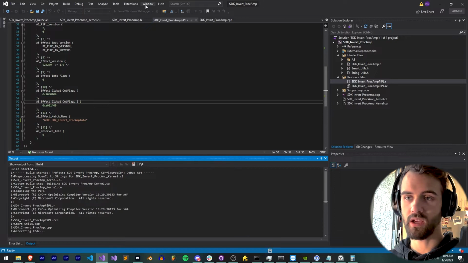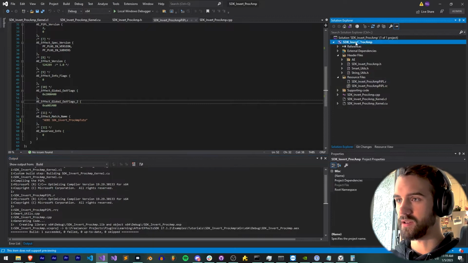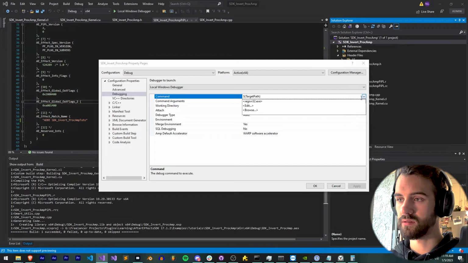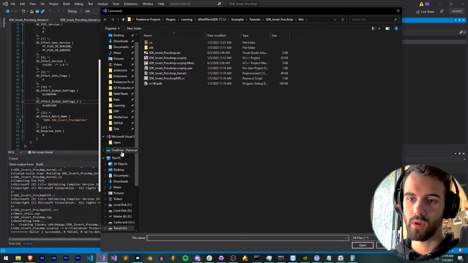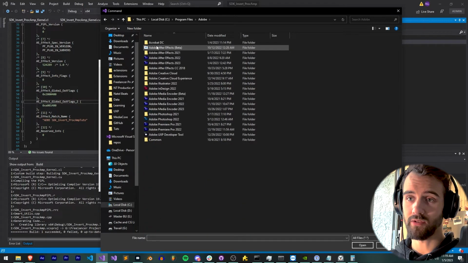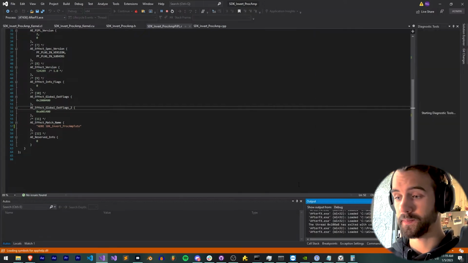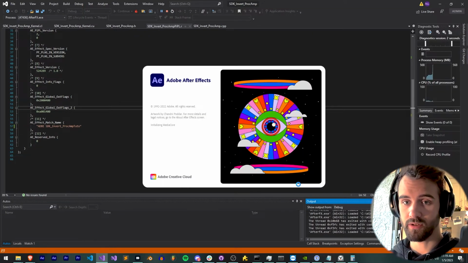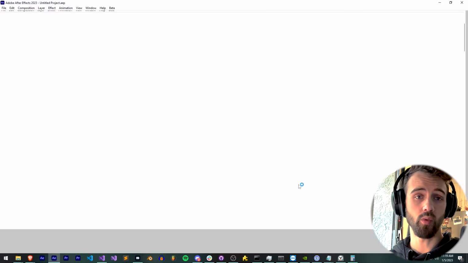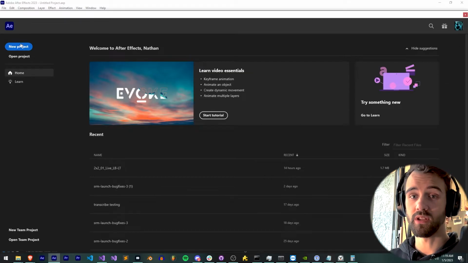Now, I don't know if I actually set up the debugging on this. Nope, I did not. So we'll go ahead and choose debugging, browse. And like usual, we'll select whatever version of After Effects we want to test in. And let's go ahead and compile and run. Launch the application. And the illustration of this is just going to see what does the base plugin look like. And then from there, it will make a little more sense as we dive into some of the more complicated